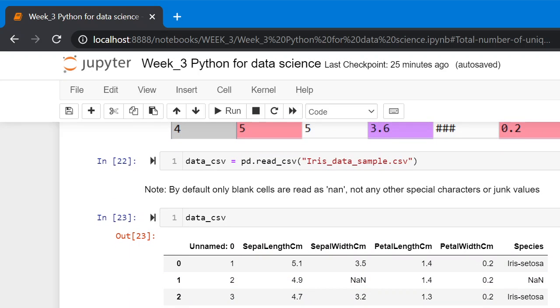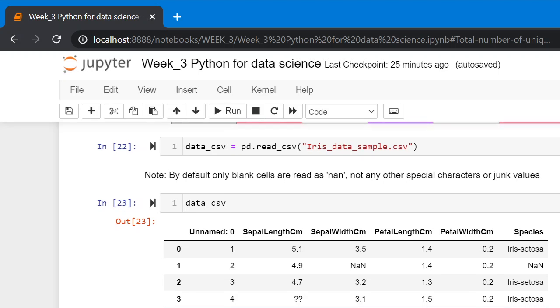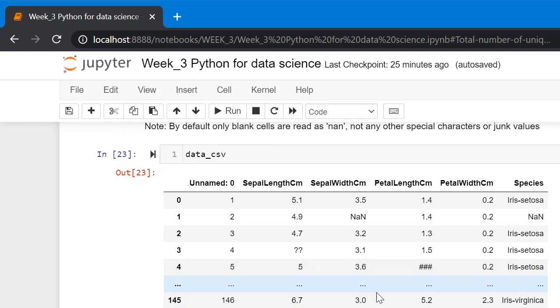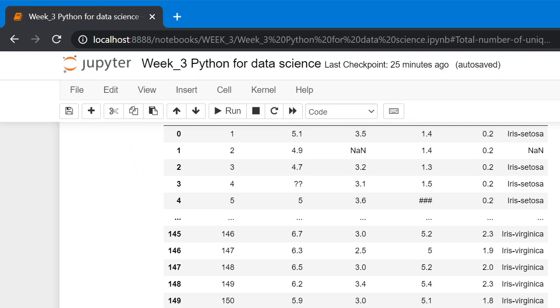To see the data frame, we can print the data frame or we can write the data frame and press enter in an individual cell. Here we can see the values inside the data frame. There are 150 rows and 6 columns.